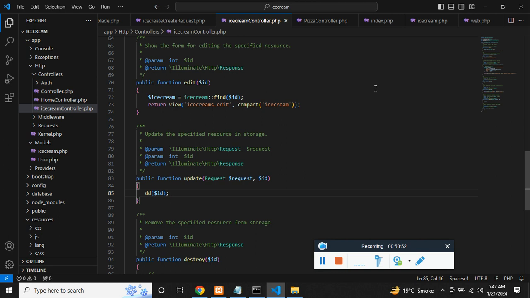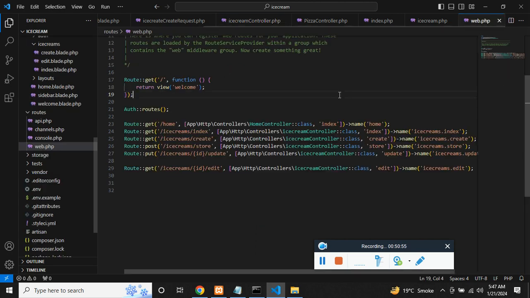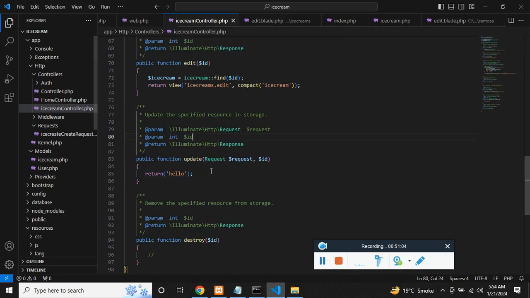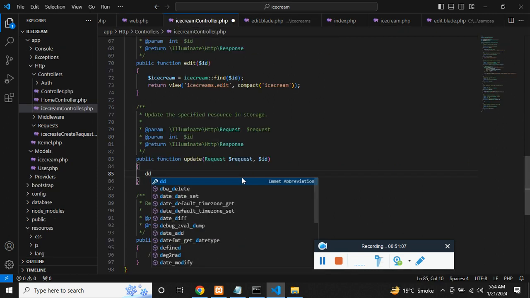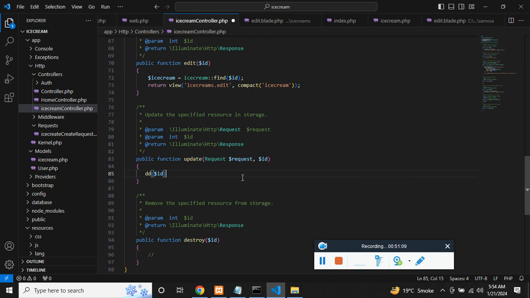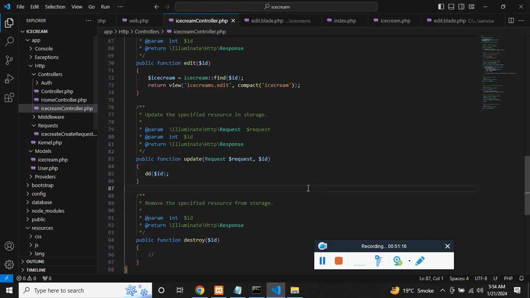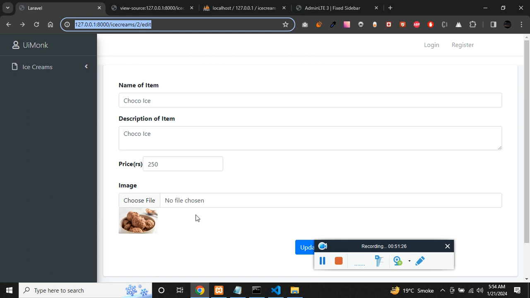It's not able to access. I tested it. Now let's do it again. In the controller, just dd and pass the ID. Now we are able to access the ID. Now we are going to use the update operation. So before doing the update operation, if I click,